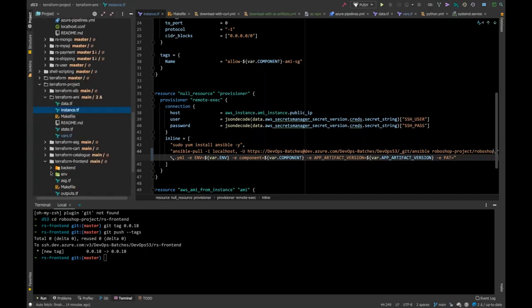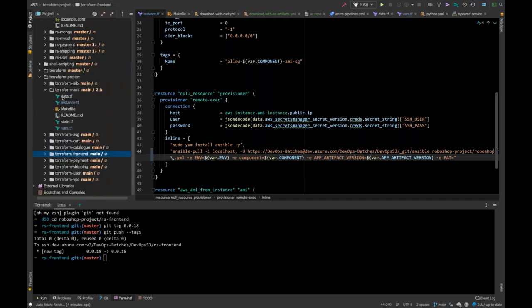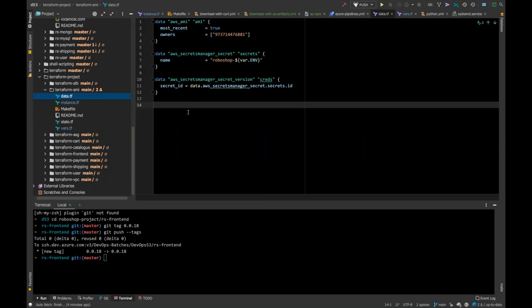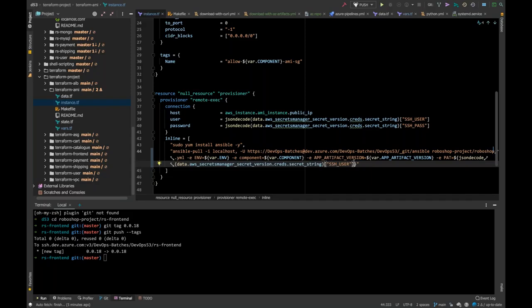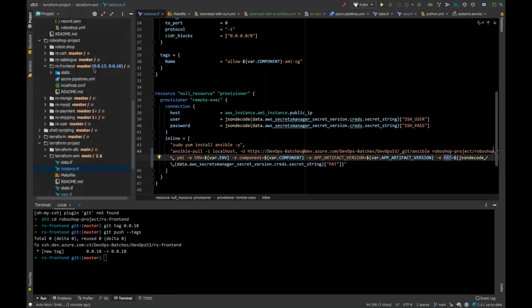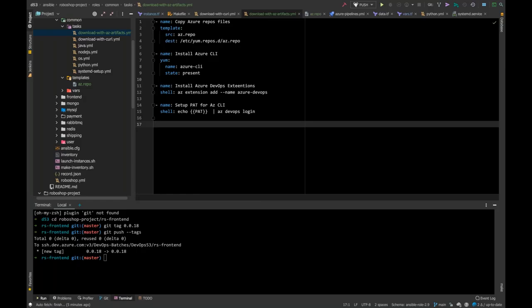So let me go to the front end and I'll show you. I think here only, data.tf. You're actually having the secrets here, right? So instance.tf, you're already having this. You just take this, is equal to dollar, you put this, and what is the value you need to pull? PAT. So you put the PAT. Okay, so now you're having an environment variable PAT. You just take that particular variable and put it over here as an Ansible variable in double braces. You do this, and the agent PAT will log in.